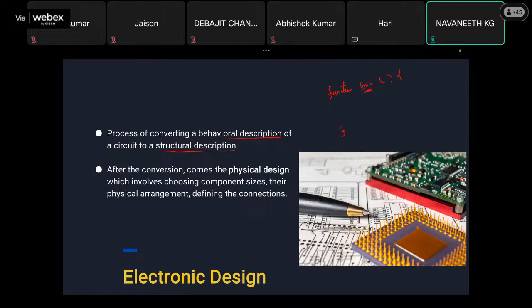Guys, Navneet, your mic is unmuted. Navneet, your mic is unmuted. You can mute. Search his name and